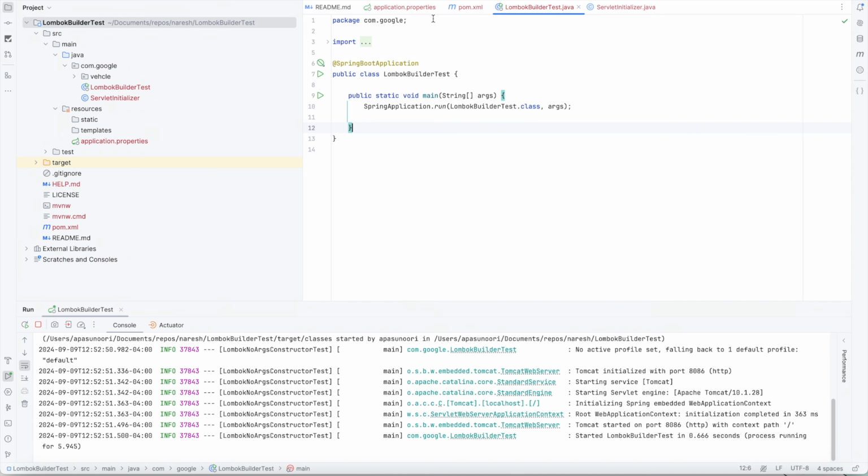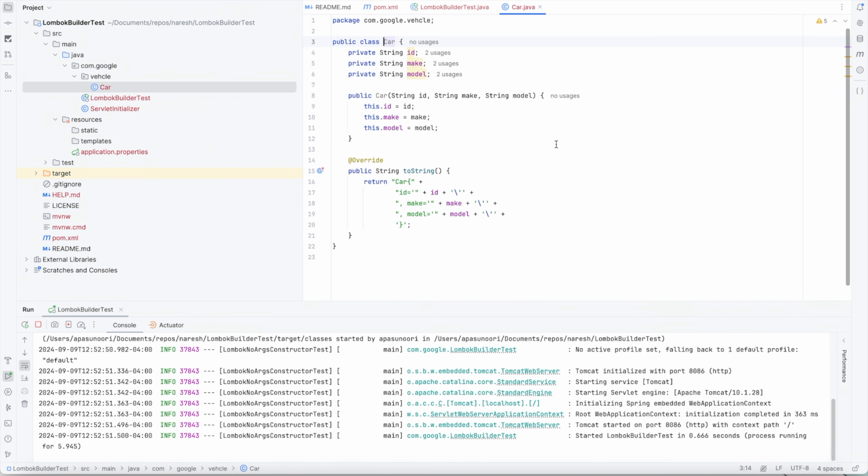So this is a simple Java program. Actually, I have used a Spring Web module application. If you look at it, this is a simple Car class. Car class has a constructor and toString. So what we will do,